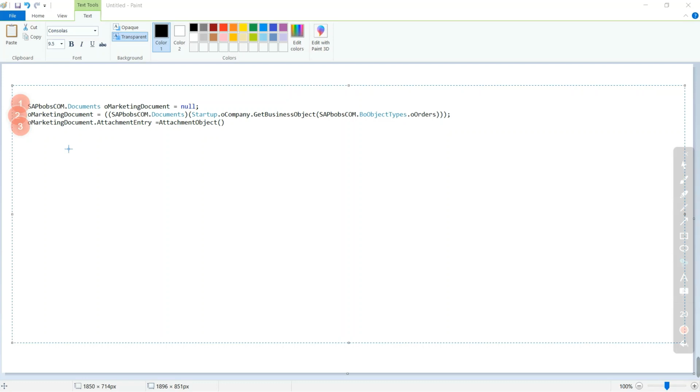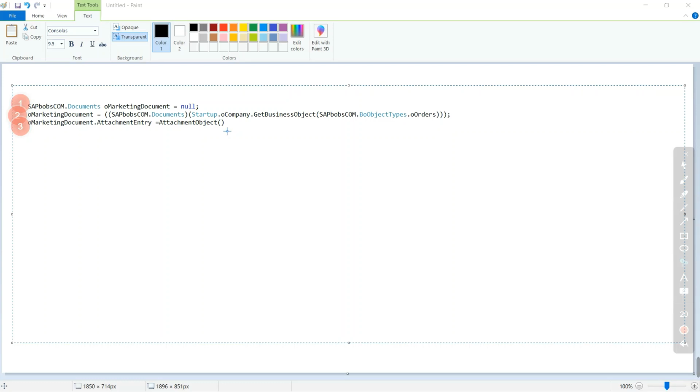With the help of this property you can set an attachment entry, but you must know the attachment entry is another object, a document number basically. So firstly we will create an attachment object with the help of the attachment object function I have created in the code, and this function will return the attachment entry, or you can say attachment number, which will be set further through the attachment entry property of marketing document.